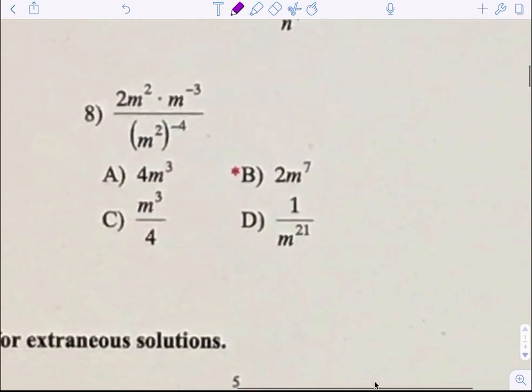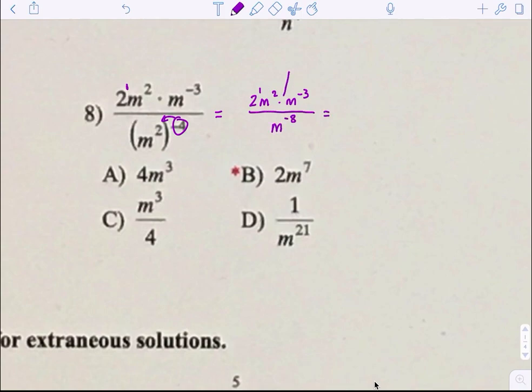Alright, here, I'm just going to give everyone a power. Alright, negative 4, distribute. 2 to the first, m to the second, times m to the negative 3, all divided by m to the negative 8. Okay, there's multiplication, so that means you guys add your exponents with common bases. So 2 to the first,